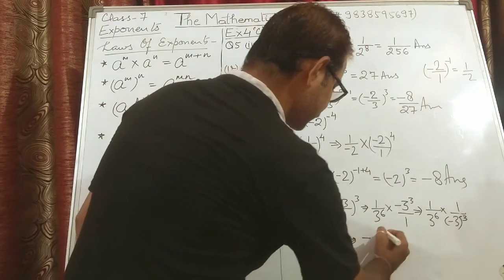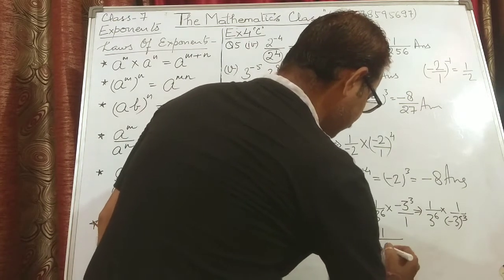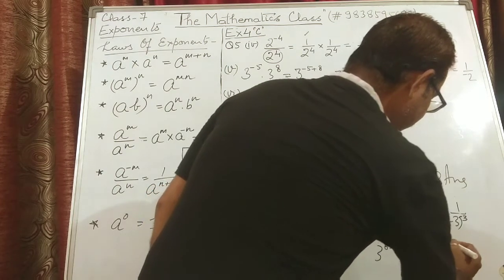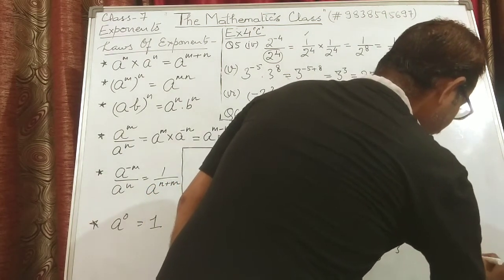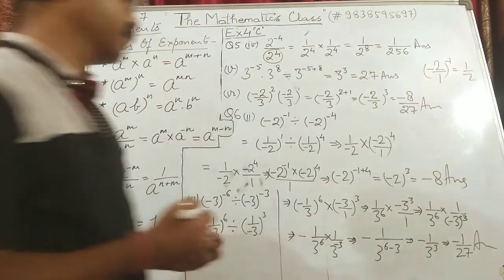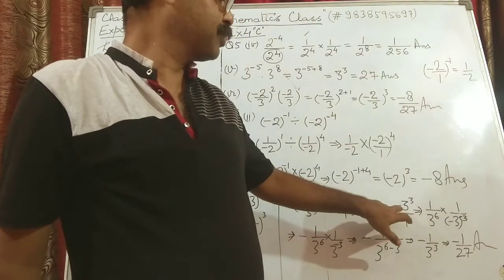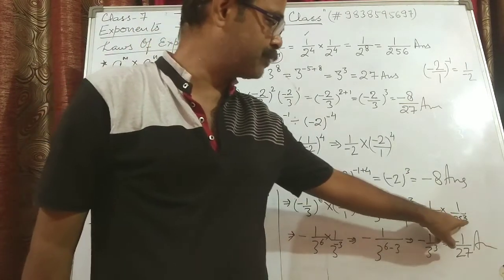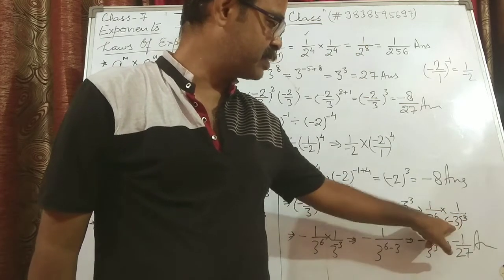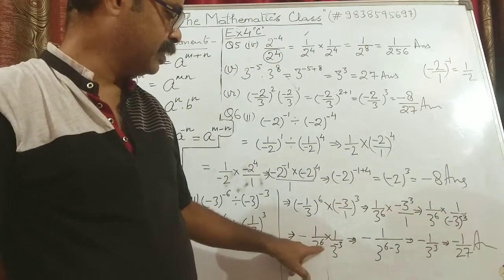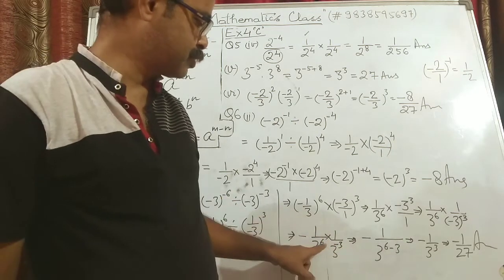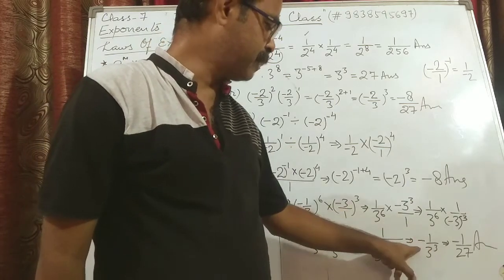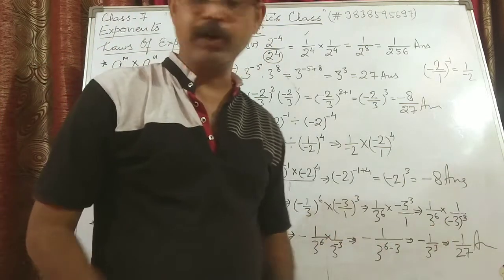Now it will become minus 1 upon 3 to the power 6 minus 3, that is minus 1 upon 3 to the power 3, and 3 to the power 3 is 27, so minus 1 upon 27. That is the final value. Here it is minus 3 to the power 3. This numerator comes to the denominator, so the sign will become negative. So that is why I have written minus 3. And when the bases are the same, this is minus 3, the powers get added. So 6 plus minus 3 is 6 minus 3, and 6 minus 3 is 3, and minus was already there outside. So minus 1 upon 27.